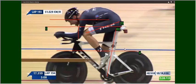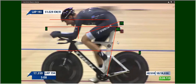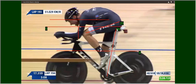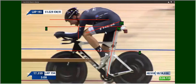So I got a bunch of lines drawn on here. A few things I was just interested in looking at: what is his approximate effective seat angle? Where are his sit bones? He's somewhere in the 79 to 80 degree range, so very much in common with the typical forward triathlete seating position. You can see he's pulled forward a good bit on the saddle here, maybe 8 centimeters or so on the saddle. That puts his femur at an angle of about 20 degrees at the top of